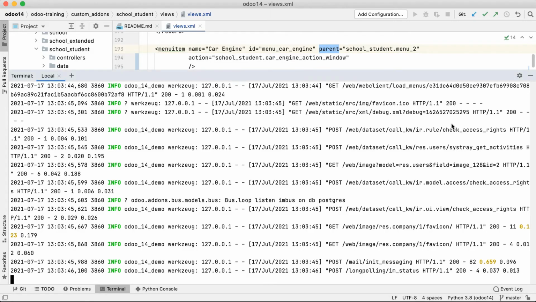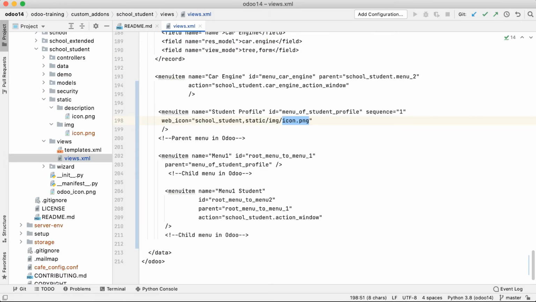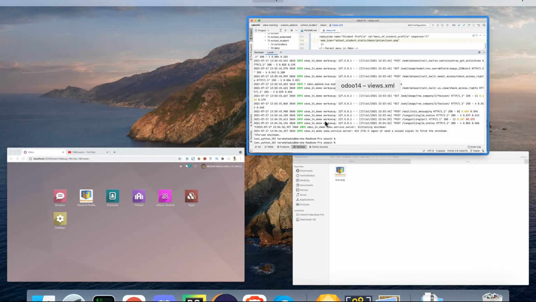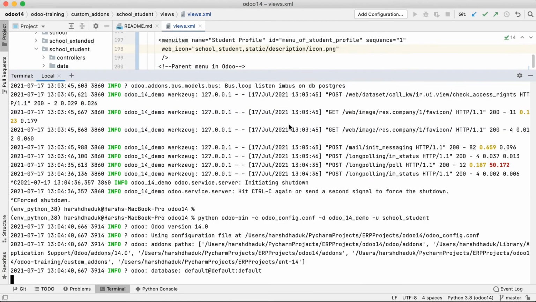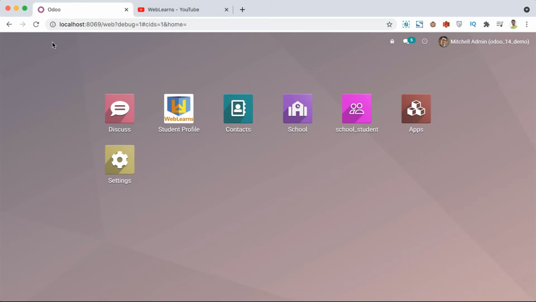One more thing: you can place the image anywhere, and you just have to define the path. Let's say I'm using, instead of the img directory, a description directory. You can see here under static, description and icon.png, and now I'm upgrading the module and refreshing the page.